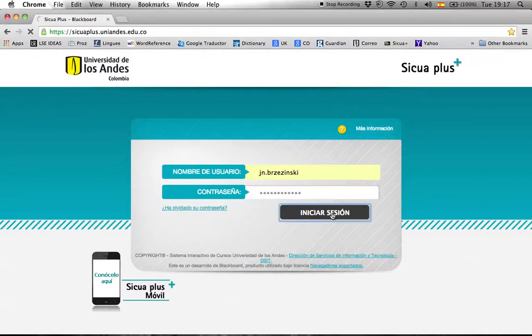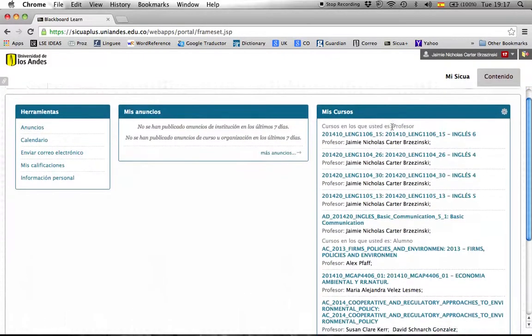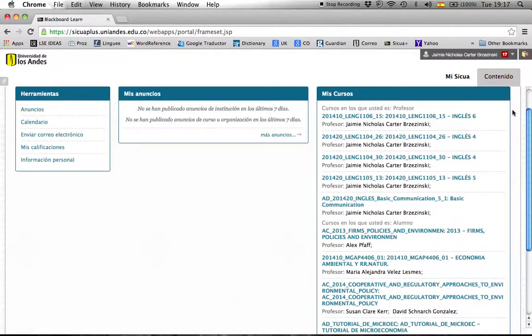So when you enter SICUA Plus, on the right hand side you'll be given a list of all your courses that you have at the university. After you've finished the courses, you can either send an email to the DSIT and get them removed, or you can equally send an email to the DSIT and they will transfer your entire course over. So we're going to go here on English 5,